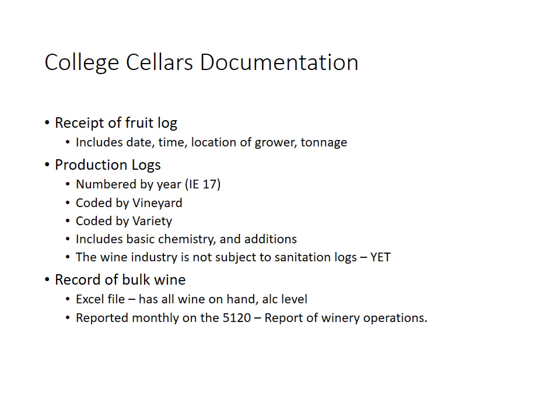And then once a month, I work with Danielle to report on the 5120, and that's a report of winery operations. How much wine do we have on hand? How much has been bottled or moved or lost or topped or whatever? And that's just a general upkeep, and that's something that you have to really do once a month to stay